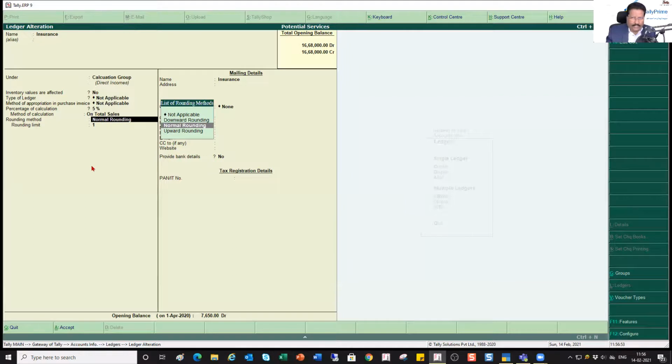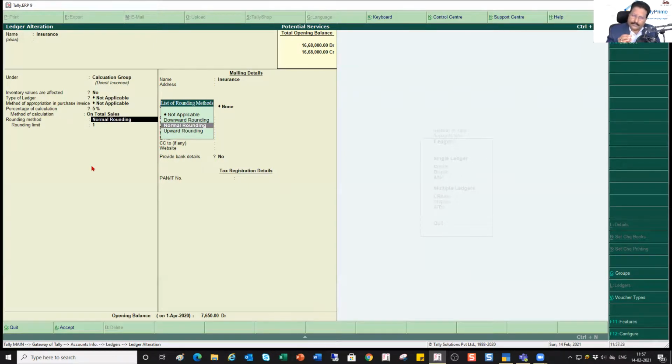So the normal rounding is basically, if the amount is up to 49 paise, then it is going to ignore the 49 paise and leave the value as it is, the unit, which is the unit of the rupee. In case it is 51 paise, then it is going to round off to the next rupee. That's your normal rounding off.